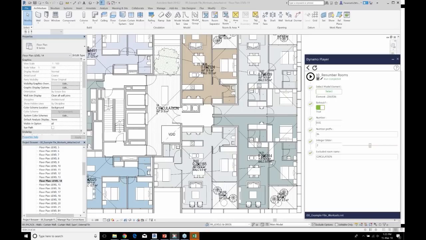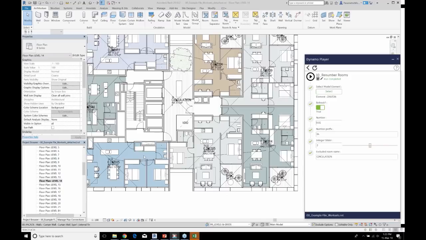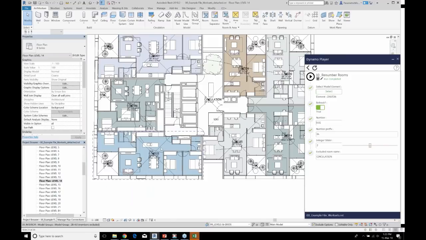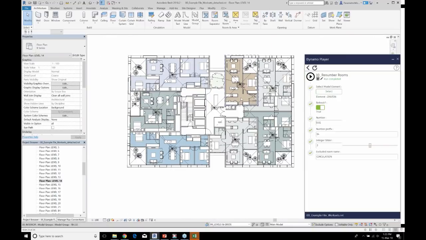And what we can see now is that it's using our prefix 14, it's starting at number 01, and it's renumbering all of those rooms along that spline.